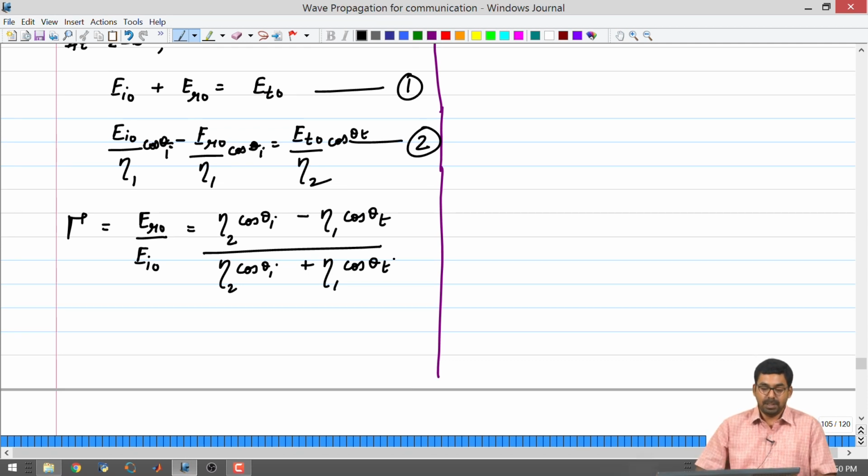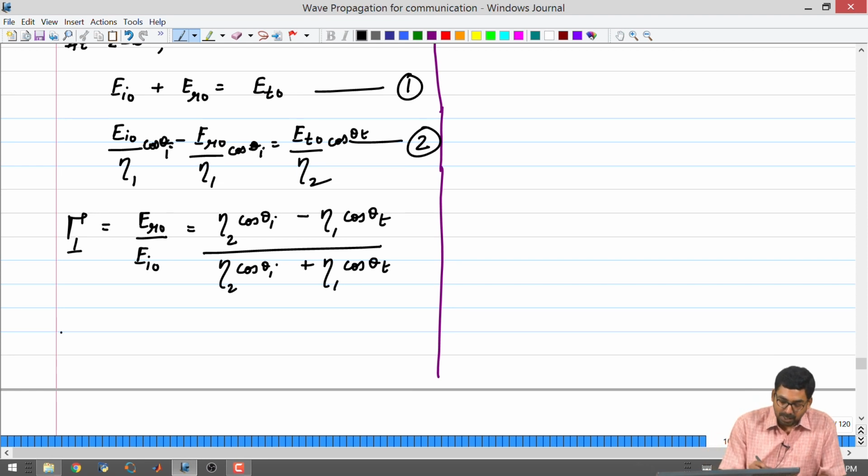To make an additional point, the gamma and tau that we had written before did not have the polarization marked. From now on, we have to be very clear. When we talk about gamma, we have to say which gamma: is it parallel polarization or perpendicular polarization. So we write gamma with a perpendicular symbol as a suffix, to clearly indicate that we have calculated this only for a specific E field, H field configuration.